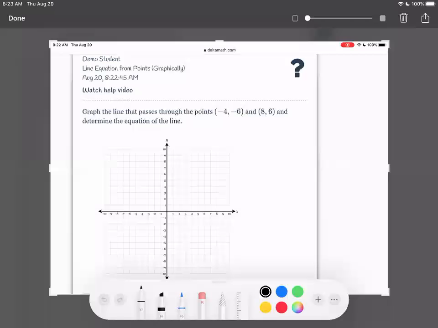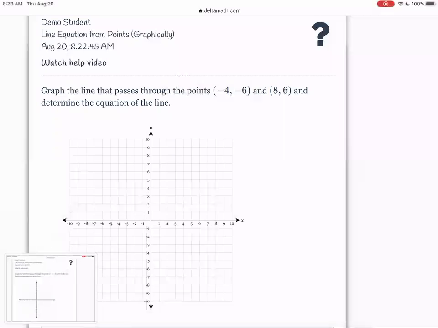1. Graph the line that passes through those 2 points and determine the equation of the line. Oh, so I guess I should do this on here first. Okay, so when we're graphing those 2 points,